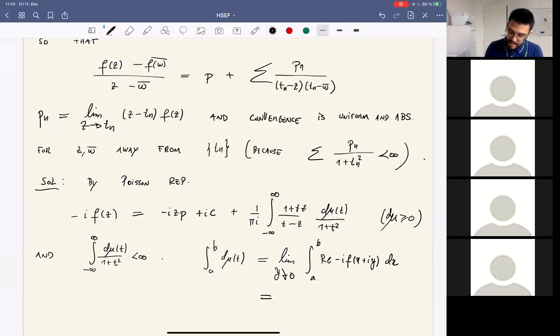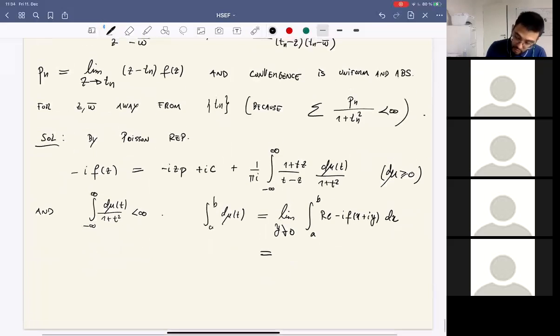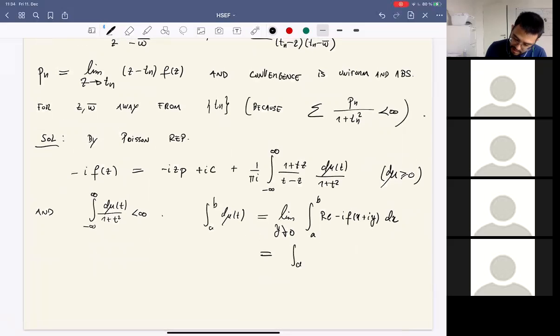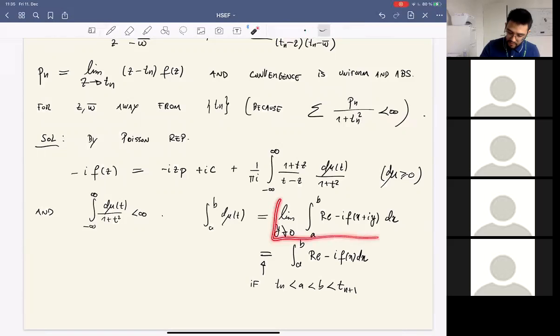So that thing will be what? That thing would be exactly the integral of the real part of minus I f of x dx. And this is if, let's say, I have an a and a b between 2 points, let's say 2 consecutive points. If I have 2 consecutive points and pick a and b inside, well, this limit here would definitely converge because